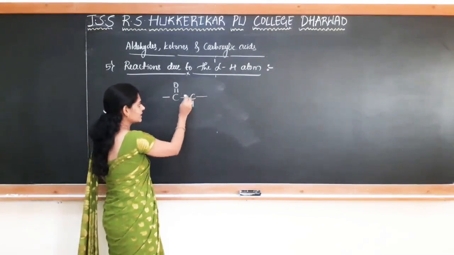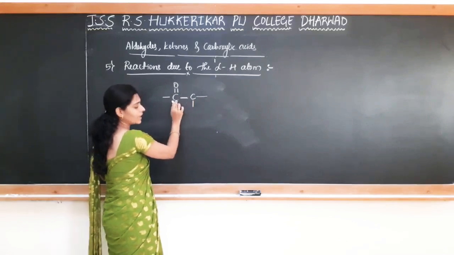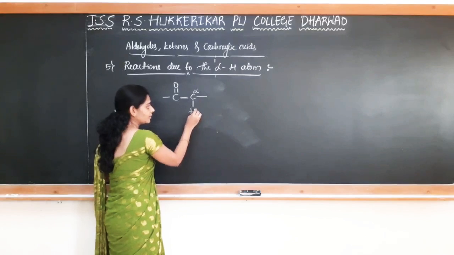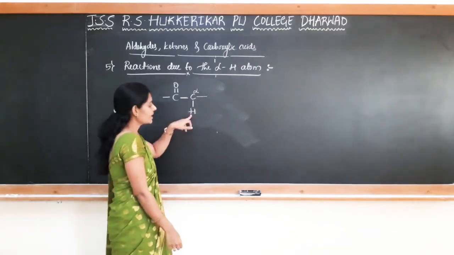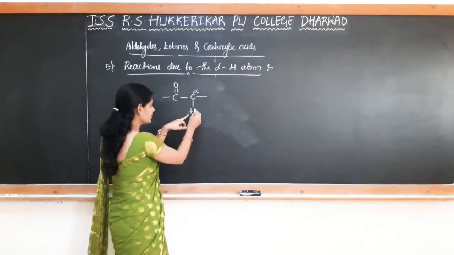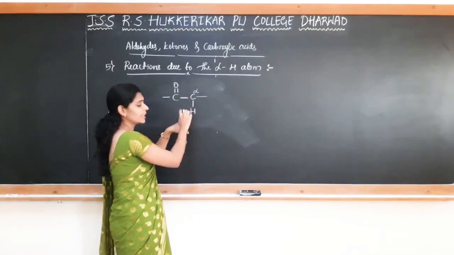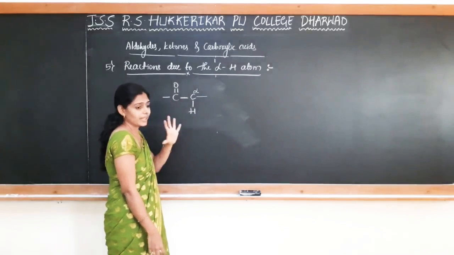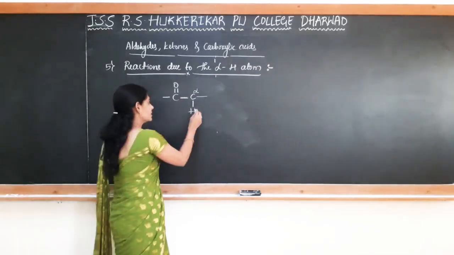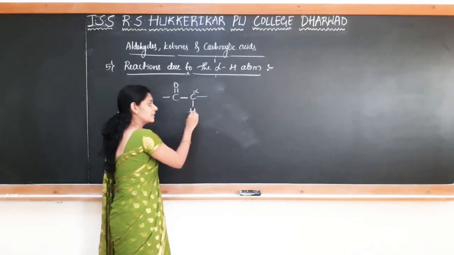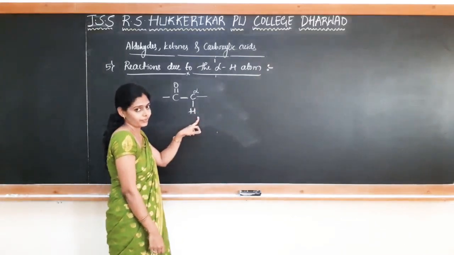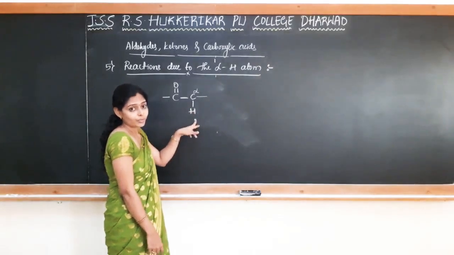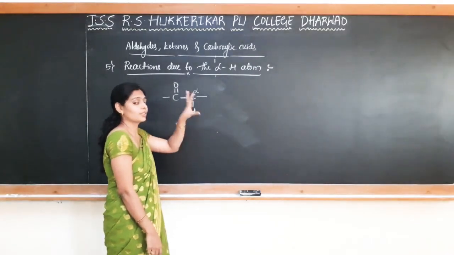So alpha carbon is the carbon which is connected to the carbonyl group. So this carbon is called as alpha carbon atom and the hydrogen present on the alpha carbon is called as alpha hydrogen. So because of this alpha hydrogen, aldehydes and ketones are showing some reaction. Why it is showing some reactions or why it is so? It is because of the acidic character of this particular hydrogen. Okay, so this alpha hydrogen atom is having acidic property because of which it shows the reaction.